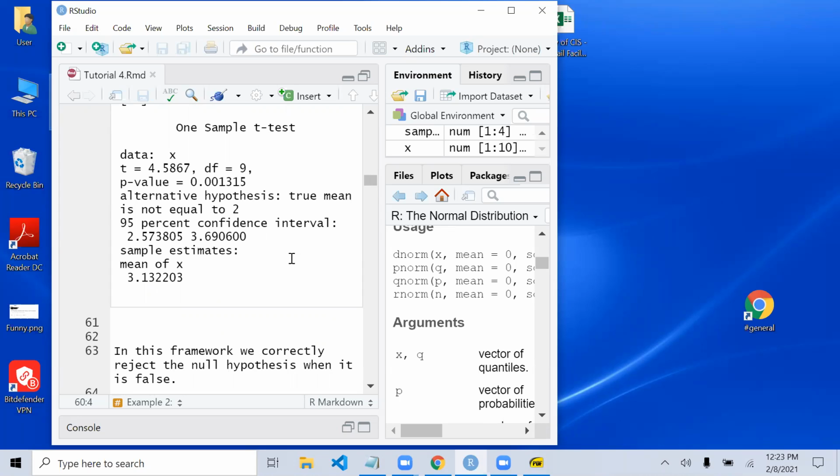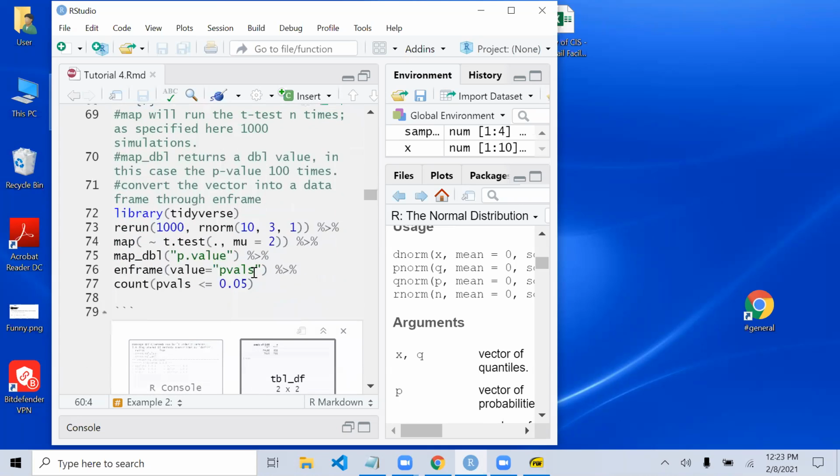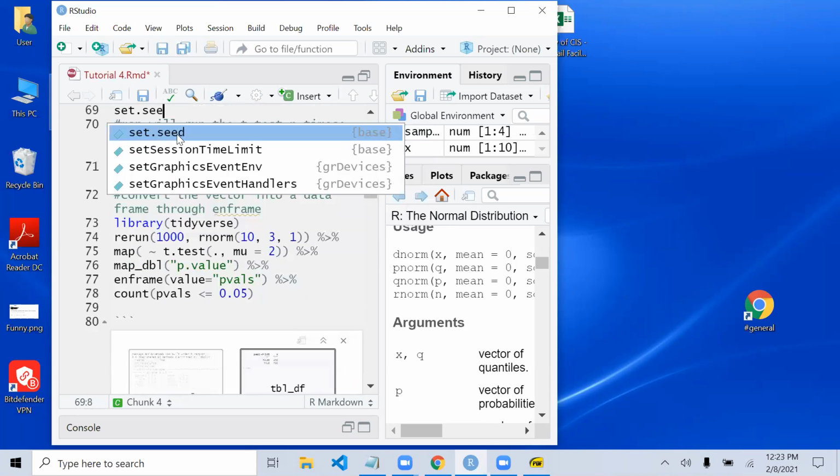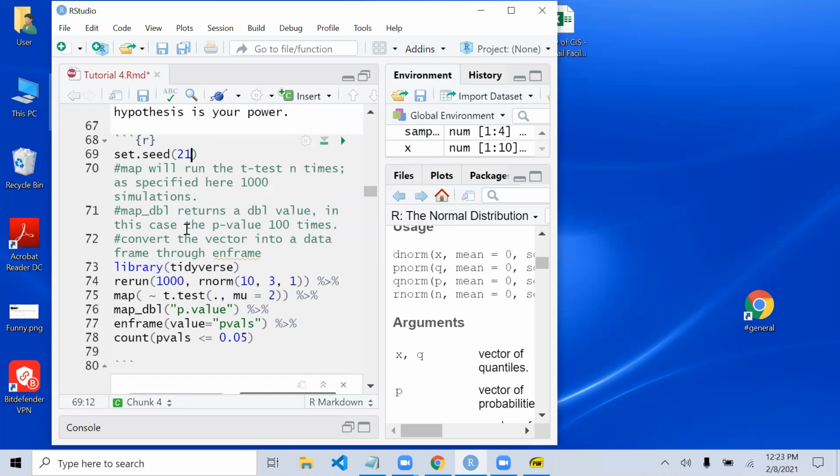Now, remember I said that this power is related to your p-value. So this function is going to give me a power that is in some sense related to how low I specify my alpha. Now let's see how this is working. This is the actual function he posted in his lectures, although I'm changing things to match the test I'm interested in. But you have to download tidyverse, because these map functions exist in the tidyverse space. Map is going to run the simulation 1,000 times, right? Given this variable of 100, 3, 1, it will run this test 1,000 times, and I can set the seed. So if I set the seed, let's say 21 or something,